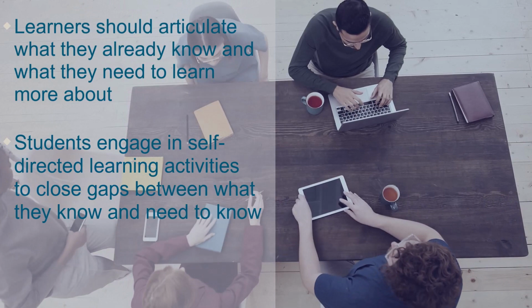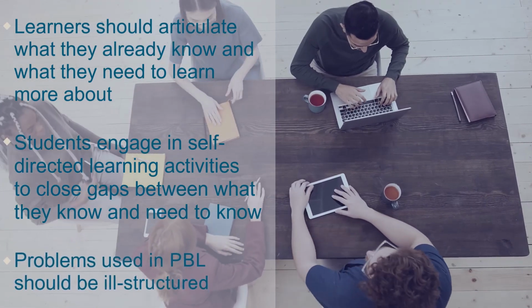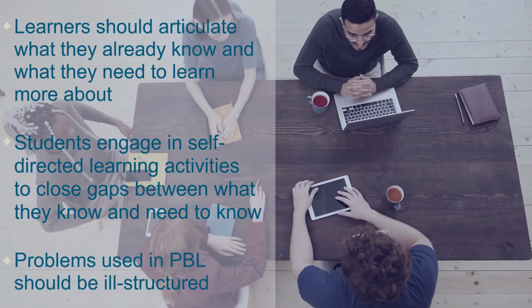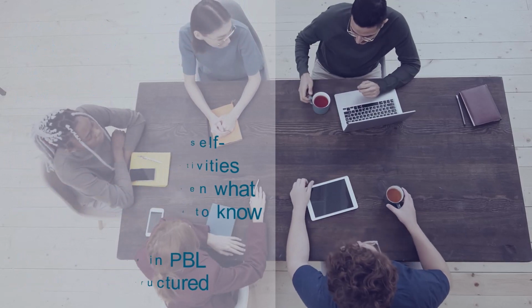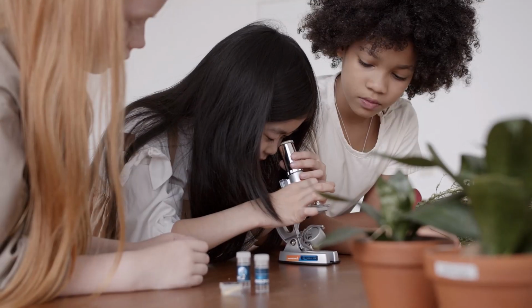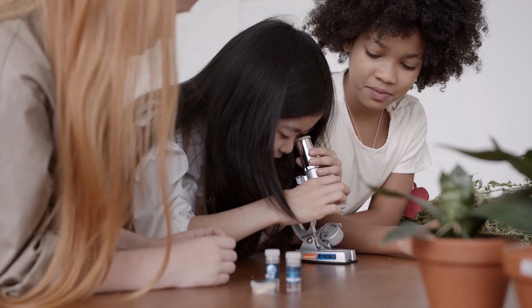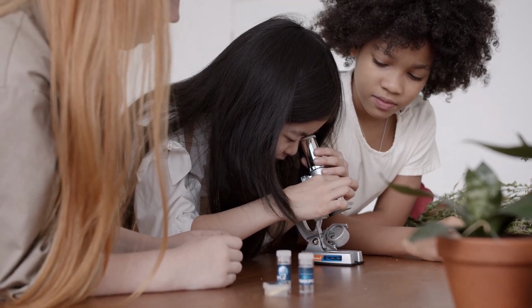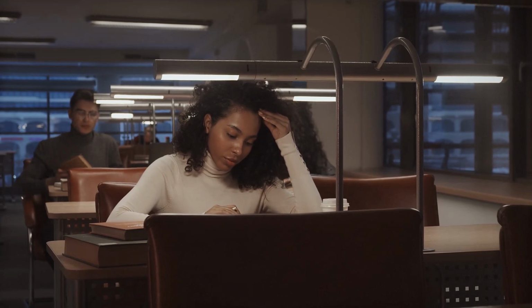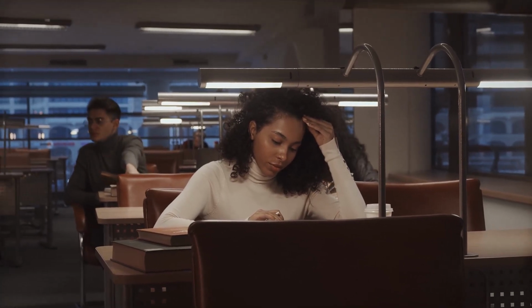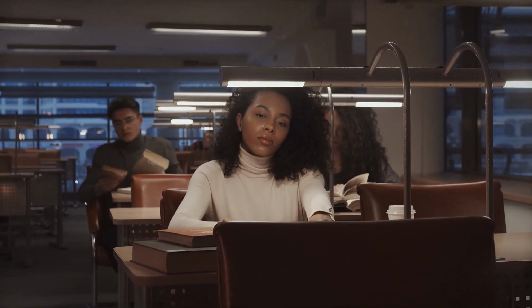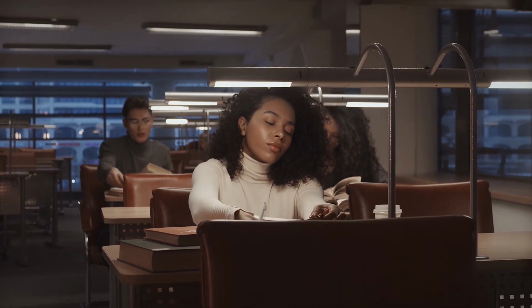The problem simulations used in problem-based learning must be ill-structured. A critical skill developed through problem-based learning is the ability to identify the problem and set parameters on the development of a solution. During self-directed study, students should be able to access information from all the disciplines that might be related to resolving a particular problem,